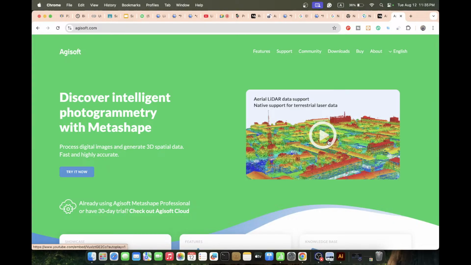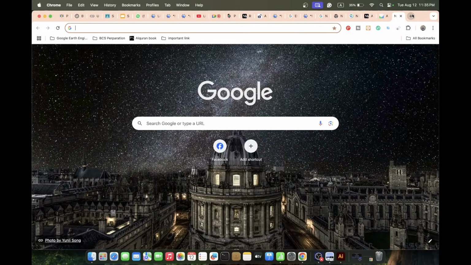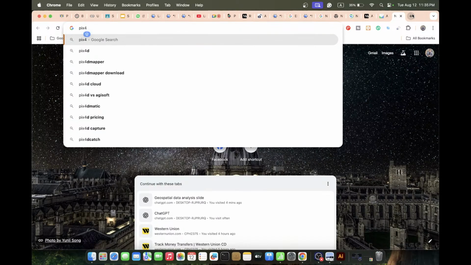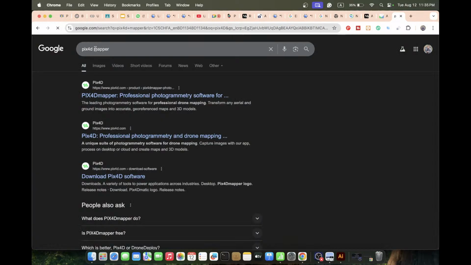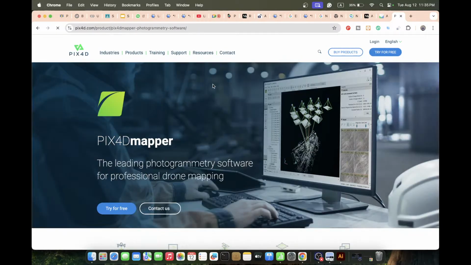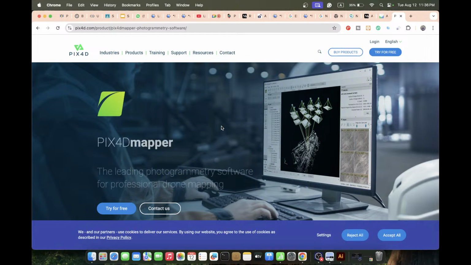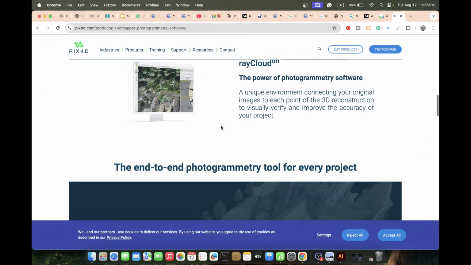Okay. Suppose for the commercial software, you can use Pix4D Mapper. So Pix4D Mapper is one kind of commercial software. We also use it to create. It's a commercial software, yeah. Yes, I know Pix4D also,